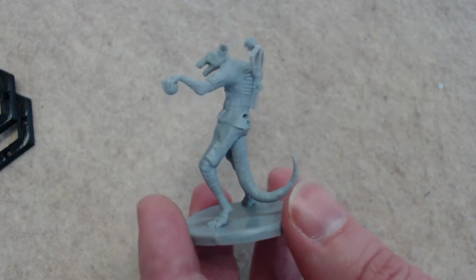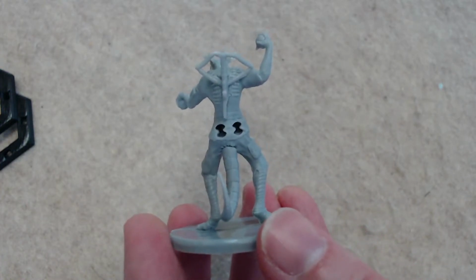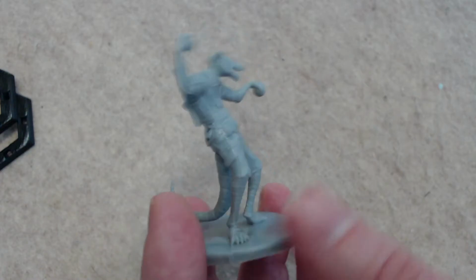Fairly detailed, not too terrible. You see the spots on the back to put the daggers, so I'm assuming this guy can have like 2 damage and then he's dead. Or maybe 3 damage. Maybe the 3rd dagger, you pull him off. What's one of your ratmen. Let's pull